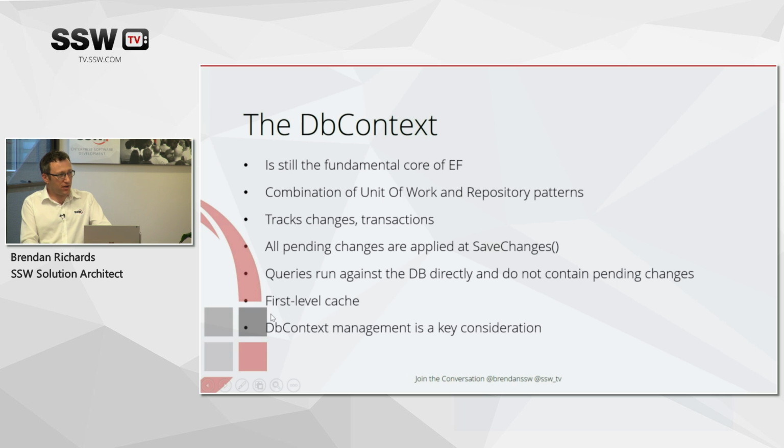And because it's quite a big object, it's got configuration involved. It's also got this cache with stuff in memory. It's tracking changes. It keeps hold of not only the current state of the object, it's got the previous state of the object. Managing that DbContext is a key consideration for performance and memory use.